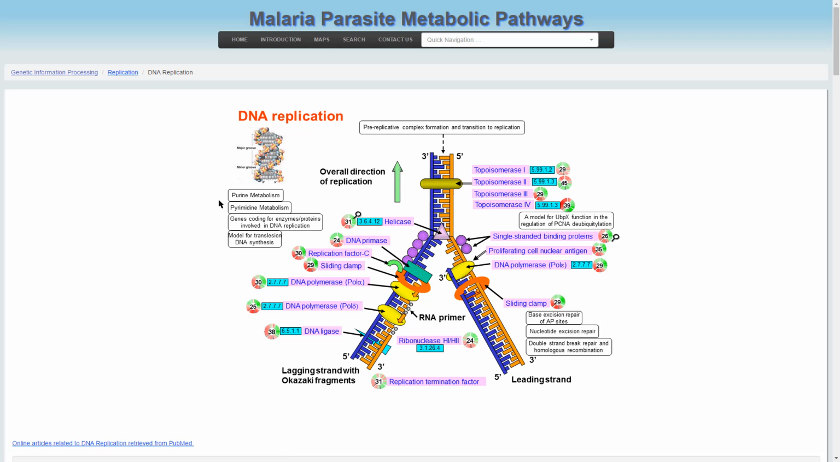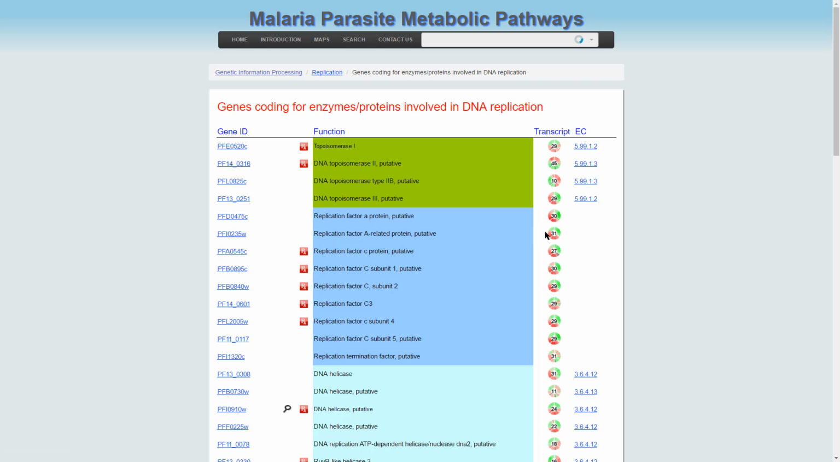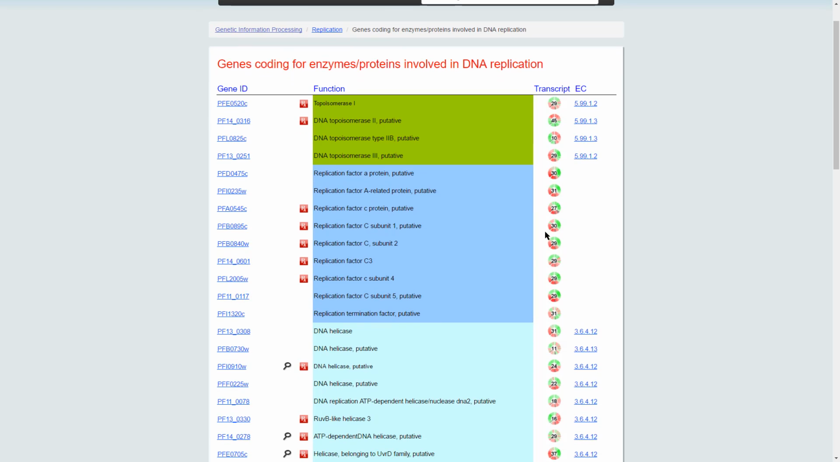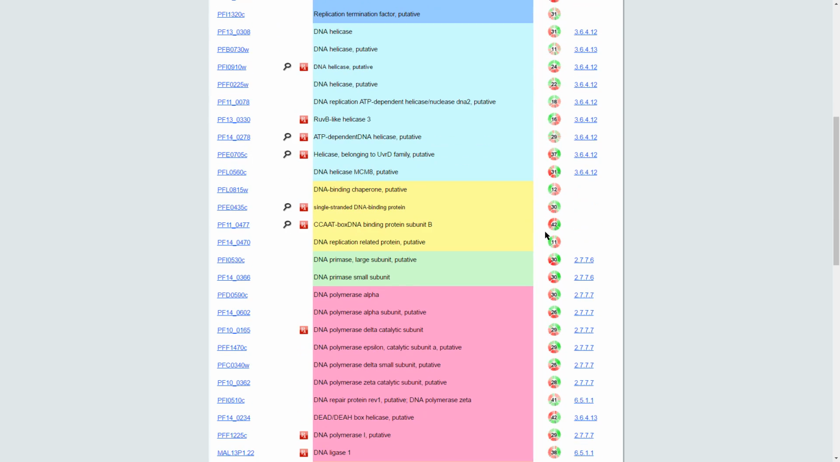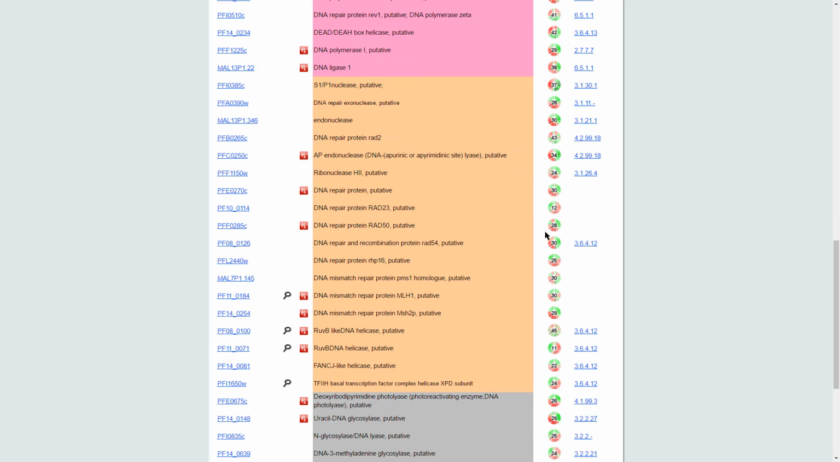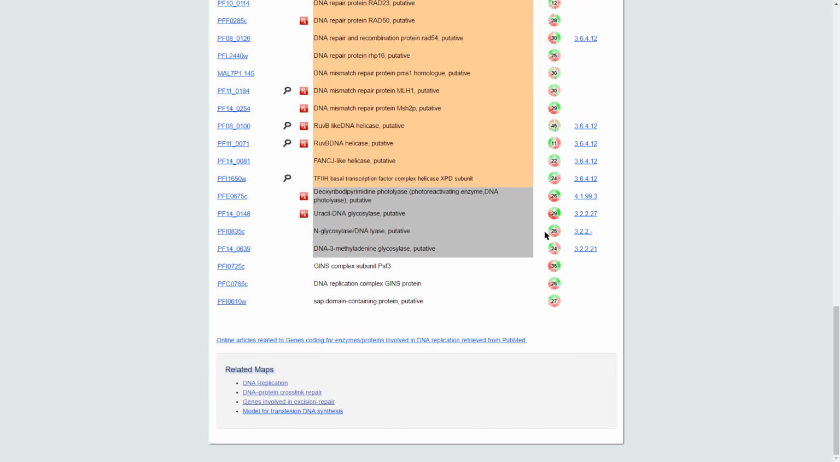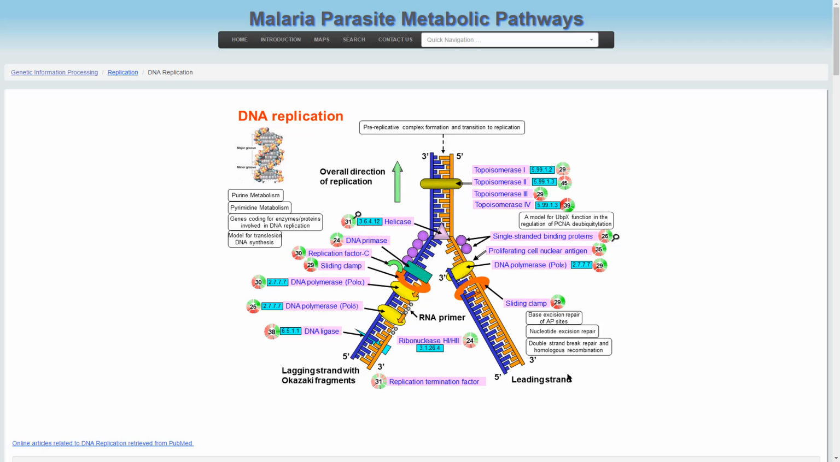We have here links to purine and pyrimidine metabolism, which provide the substrate for DNA replication. And then we have a table which essentially shows all the proteins and enzymes which are involved in DNA replication. Here on the right we have a group of links that go to DNA repair